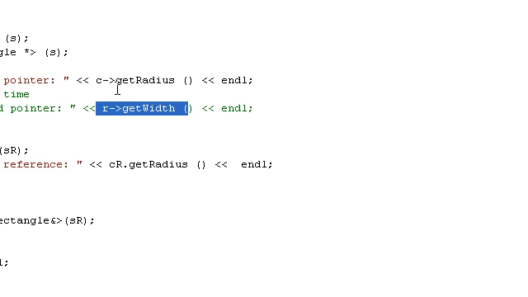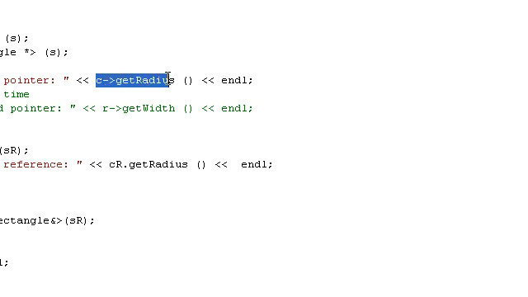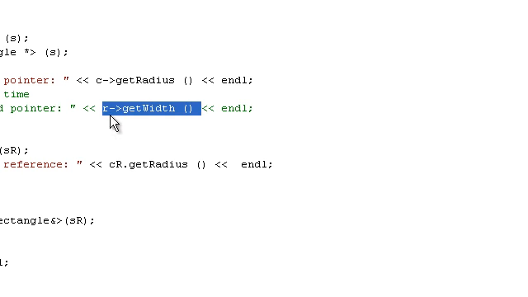You see, the reason we want to cast it to circle is we want to invoke some method specific about the circle. Because get radius isn't defined in shape class, I cannot say S arrow get radius. It won't compile because get radius isn't defined in shape class. That's something specific to circle. In order to invoke this function, I have to do the typecasting. And you see this one, it should crash because